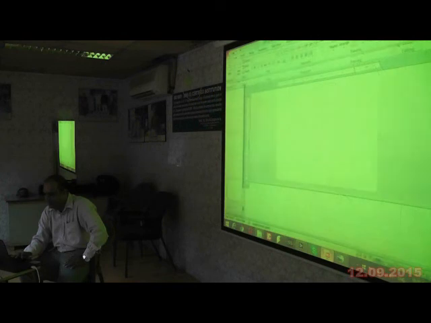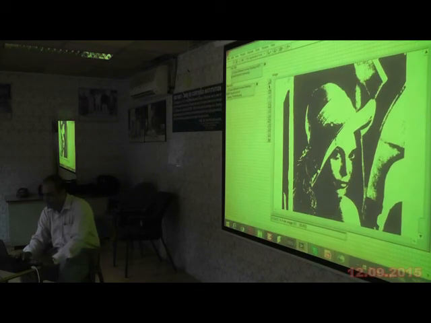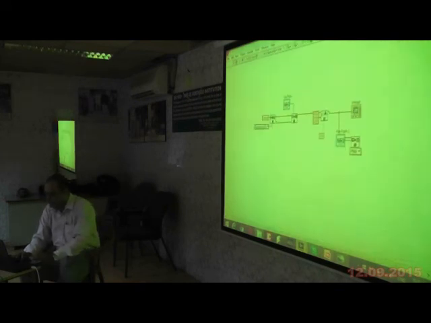Next what we try to do is an inverse operation, to find the negative of the image. Here again, I will delete this part.